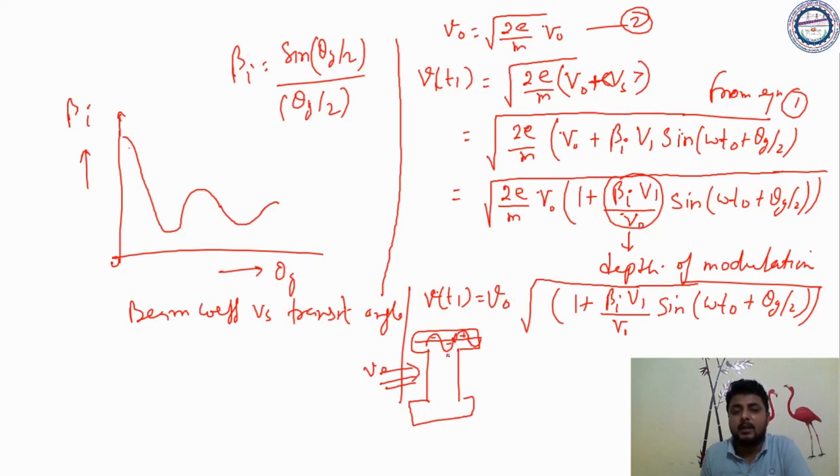Now in the negative half cycle you can see the v1 value is minus, the amplitude is minus, so this v1 should be a negative value. So this will be 1 minus something, which means the electron will be decelerated. So that's how electron acceleration and deceleration takes place after the cavity gap. So this is v of t1, and this is t naught time, this is t1 time. That's how velocity modulation takes place.